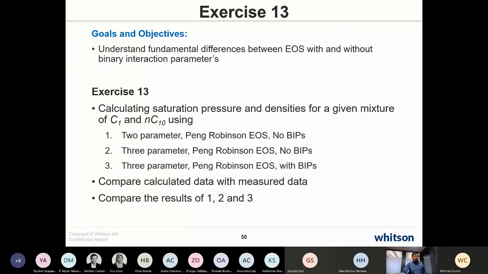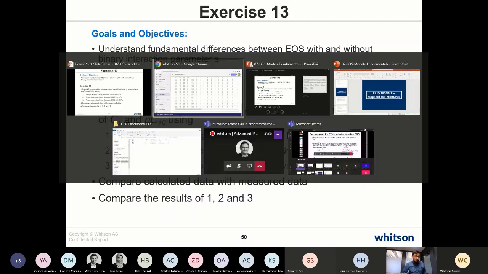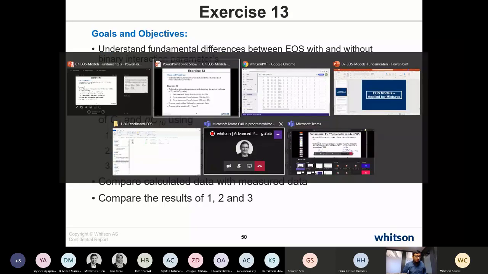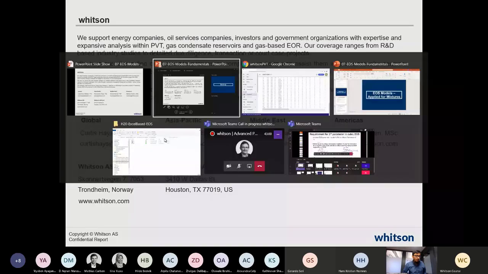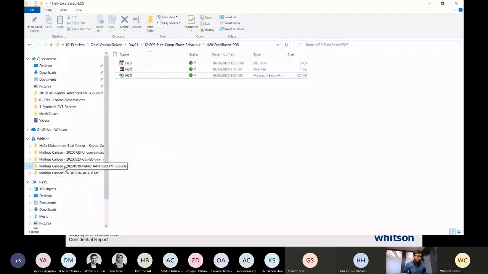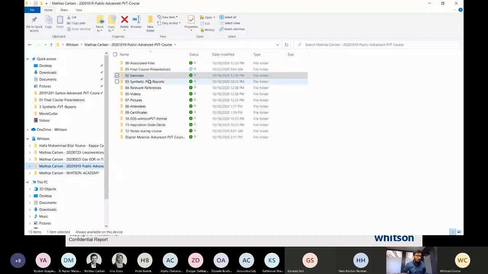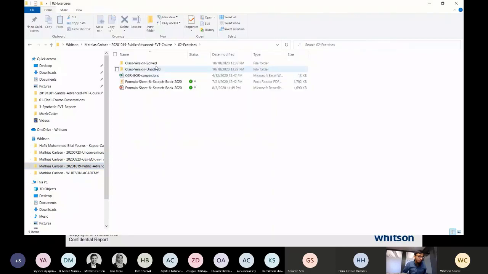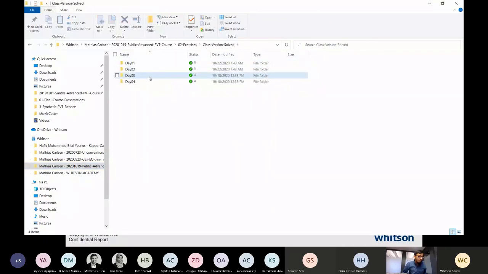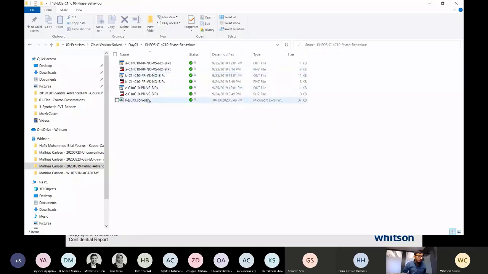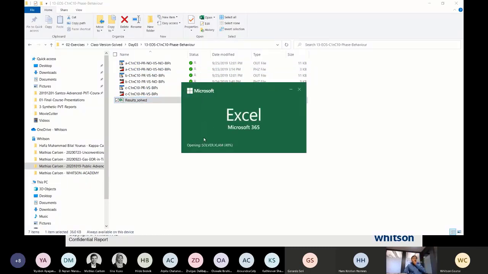Okay, so I think we just look at this exercise, which is an Excel-based solution, because there is a lot of uninteresting work. Let me just show you first, and you would understand what I mean here. So let's go to day 3, and that's this exercise 13. If I open this Excel file,